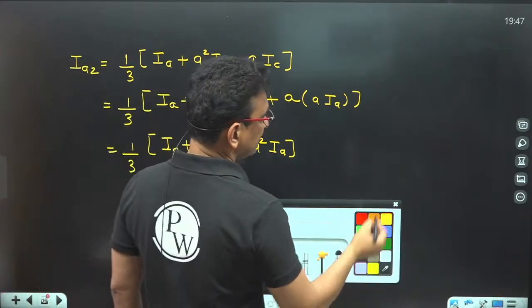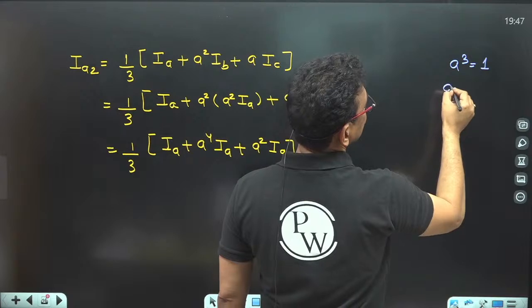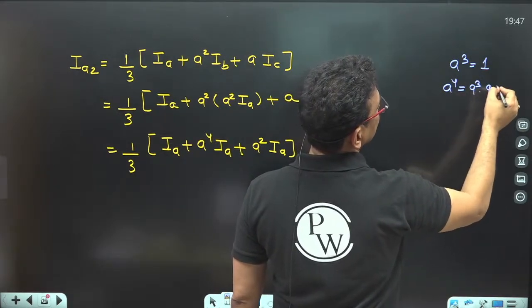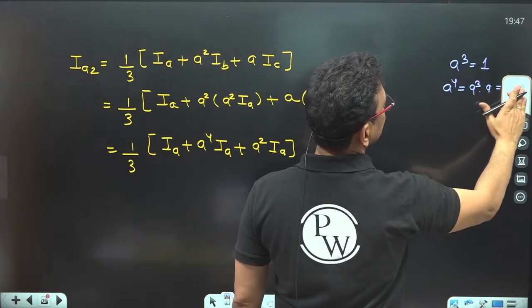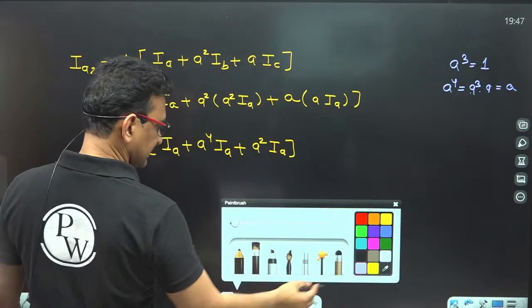Now see, we know that A cube is equivalent to 1. So A^4 is nothing but A cube into A, because A cube is equivalent to 1. A^4 is nothing but A only. It is 1 into A. So if I put this value here,